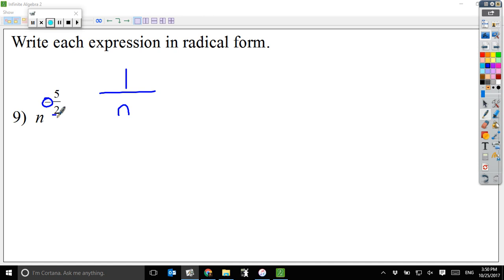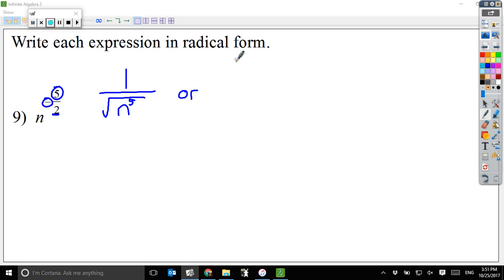Next thing I'll notice is the denominator of my exponent. So it's a 2. That means I have a square root. Alright, so we know that a square root has a root of 2. And then next is my exponent of 5. And there's 2 ways I can write this and both are correct. I can put the 5 as the power of n like that,